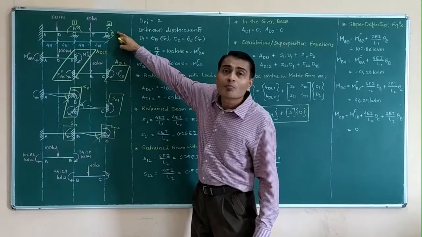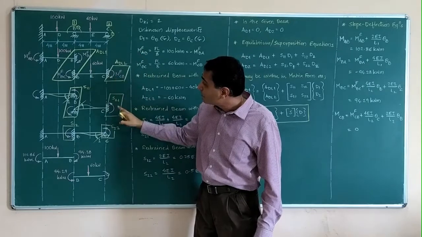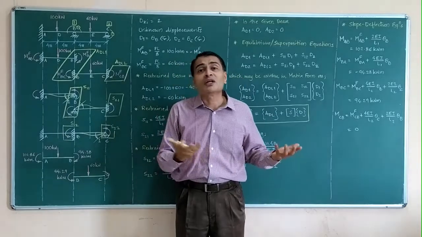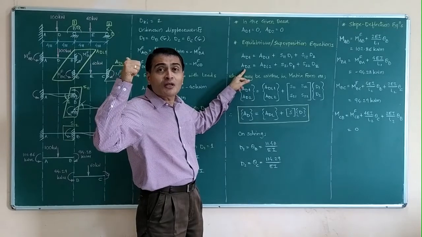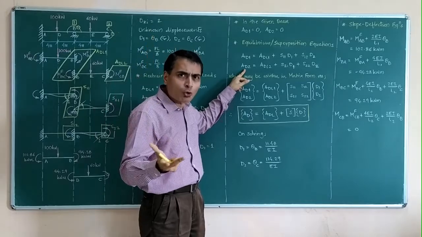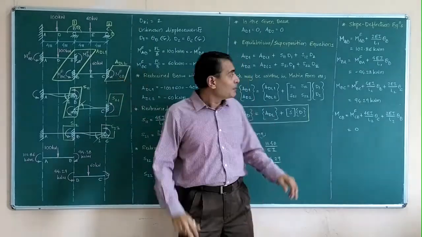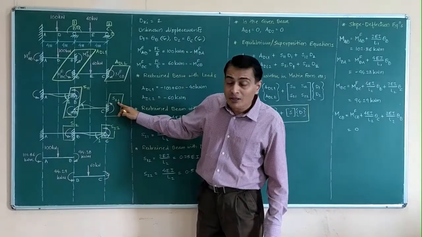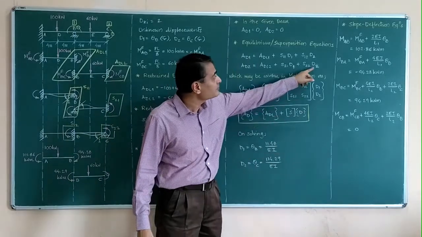Similarly, this moment in original configuration should be equal to this plus this into D1 plus this into D2. You can confirm, that is what I am writing, AD2. That is original couple moment acting at C point in my original given beam, which is 0. AD2 is equal to ADL2 plus S21 into D1 plus S22 into D2. Check this.